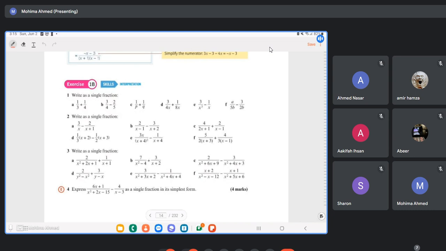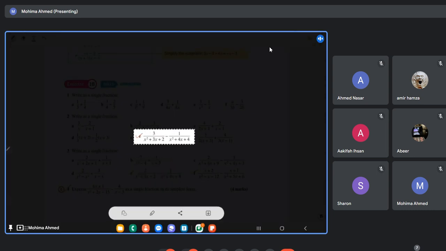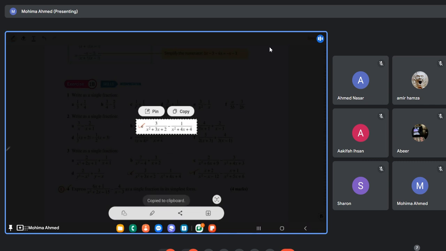Okay, for 1 and 2, you just have to do LCM over here. For 3 and 4, they are tricky maths. So we're going to do 3 and 4. For example, I'll do this one. I'll do this maths from this section. So let's start with 3E first. Previously, it was easier for me because the two fractions were either multiplied or divided. I would not have to do any LCMs over there. But for these sections, now I have to do LCM.